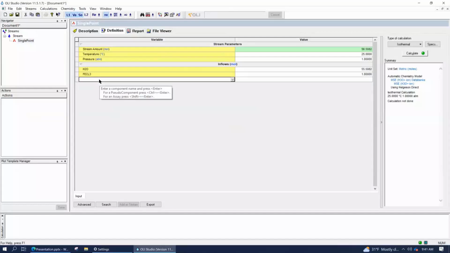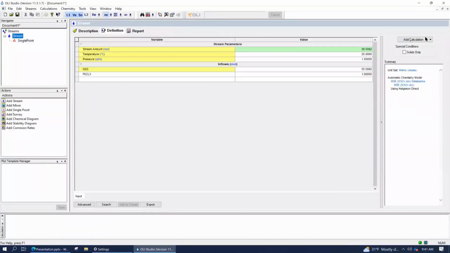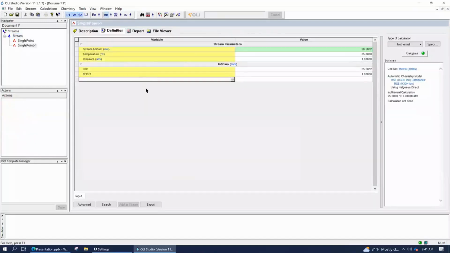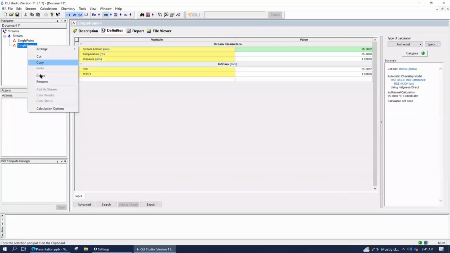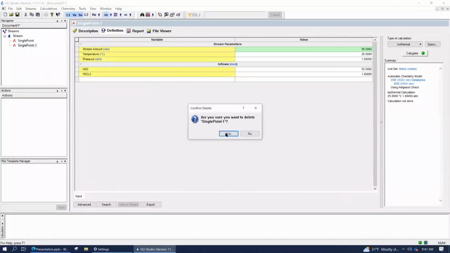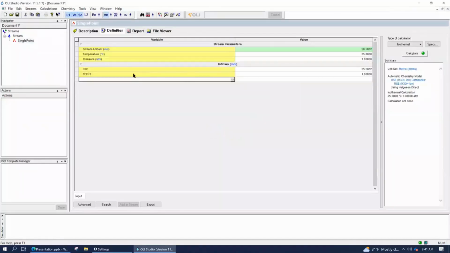I don't know if you noticed, but when I added that calculation before to do a comparison, once I knew I didn't want it, I just right mouse clicked on it and pressed the delete key. And one of the things you're going to notice is that right mouse clicking in areas, sometimes I don't know where to click.